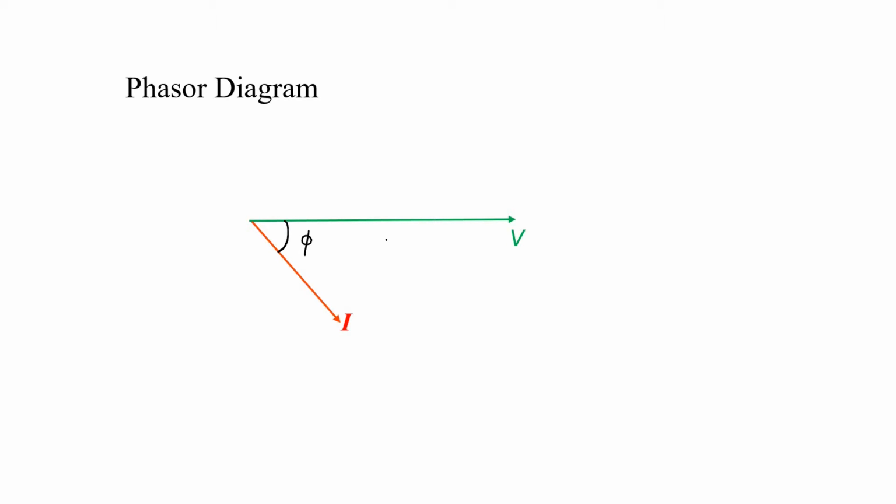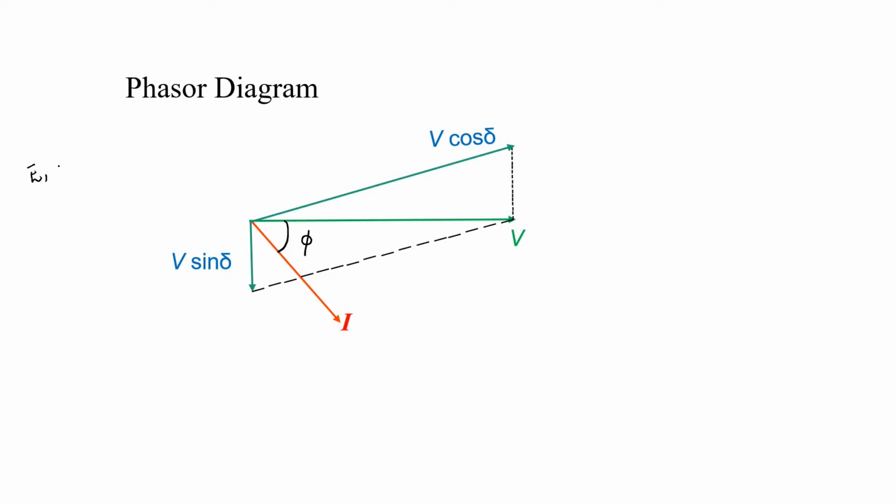As I told, because of this non-uniform structure, the voltages and the currents will also be divided into two components. Let us represent them: V cos del and V sin del. Del is nothing but the angle between the induced EMF and the voltage. Similarly, the current will also be divided into two different components, IQ with respect to the horizontal and ID with respect to the vertical component.